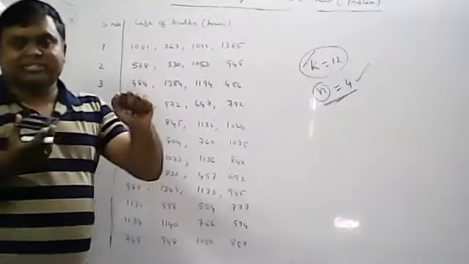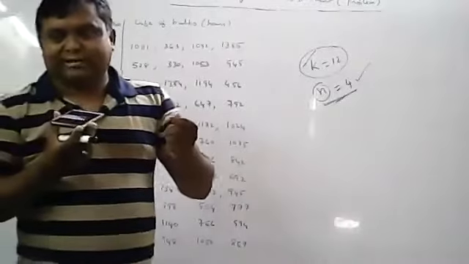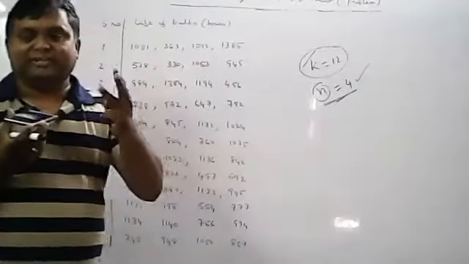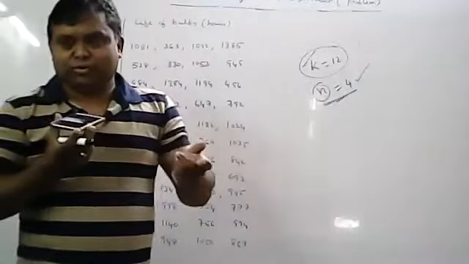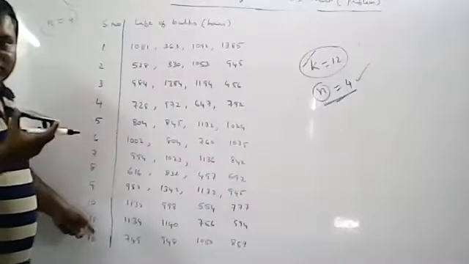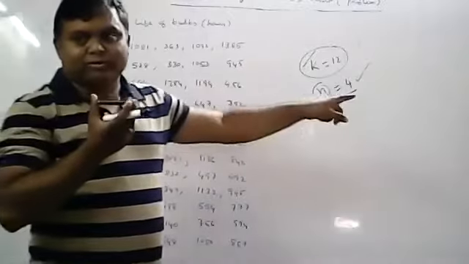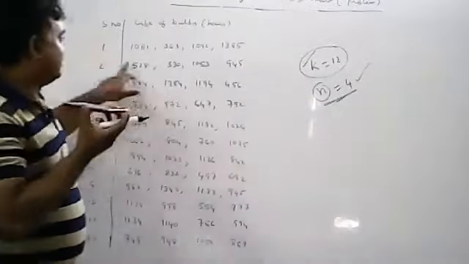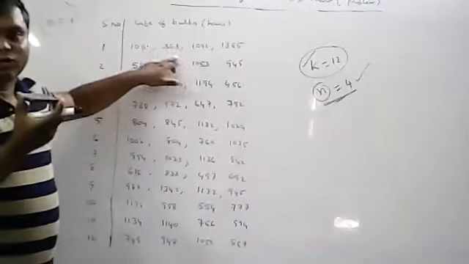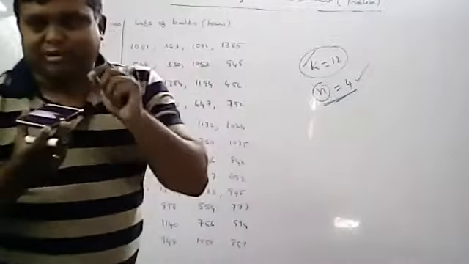Suppose each sample 5 observations are given. You have to see n equal to 5 table values. Suppose each sample 3 observations are given. Go for n equal to 3. So don't go for K equal to 12. In the examination, both the values will be given. K equal to 12 will be given, n equal to 4 will be given. So which values you have to consider? Because each sample, how many observations are there? 4 are there. So I have to go for n equal to 4.